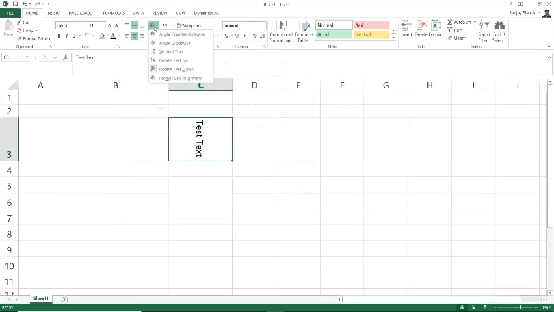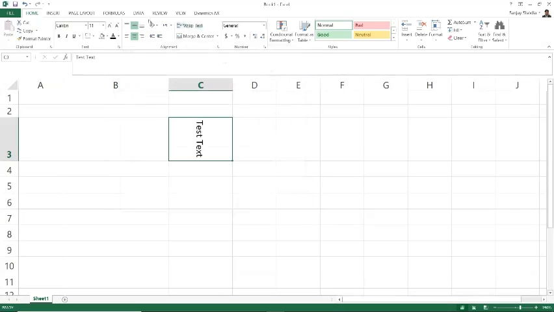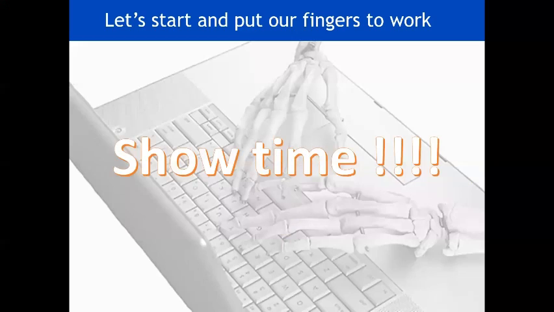This option of formatting cell, we will discuss in a later chapter in detail. We will discuss all these options. So for now, you can just concentrate on these 5 options using which you can change the orientation of the text. So this is pretty much from our side in today's session. And in the description, you will find an Excel workbook with some exercises which you should practice in order to learn these options better.